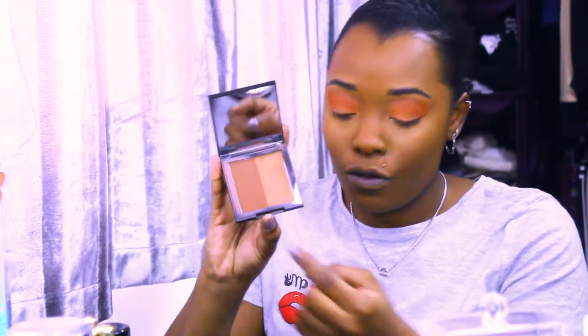Right, I'm just gonna go in with my Morphe Bronzer. This is in the shade Showmance, so it's show and romance, so you get both the bronzer and the highlight. And I'm going to go in with my Revolution Pro 250 brush for my bronzer and bronze up my face. I don't contour, I just bronze. I love the look it gives me. So yeah, with a light hand,